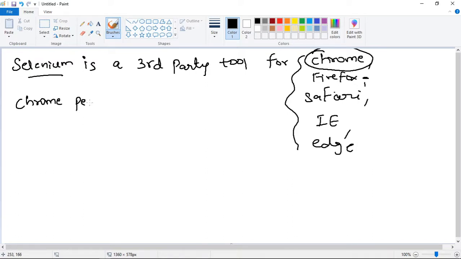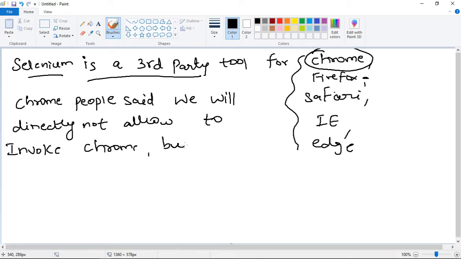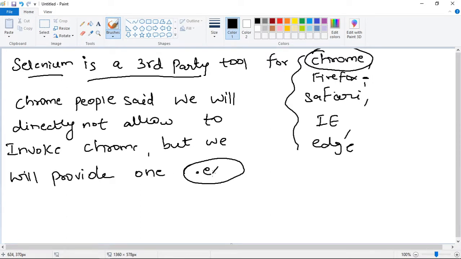The people who have designed Chrome said, as Selenium is a third party tool, we will not directly allow you to invoke or launch the Chrome browser, but we will provide one .exe file.